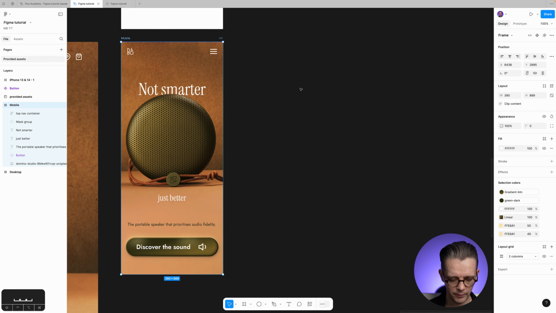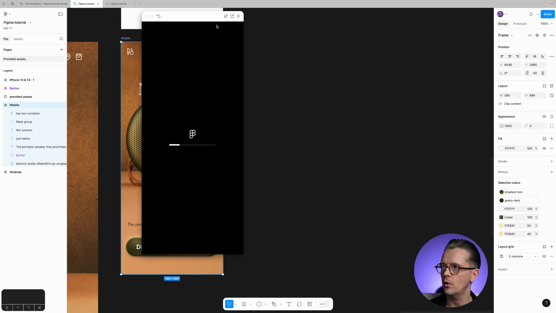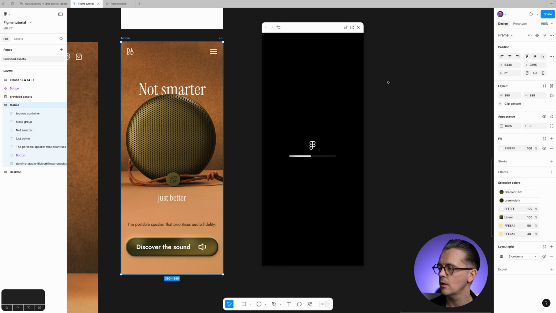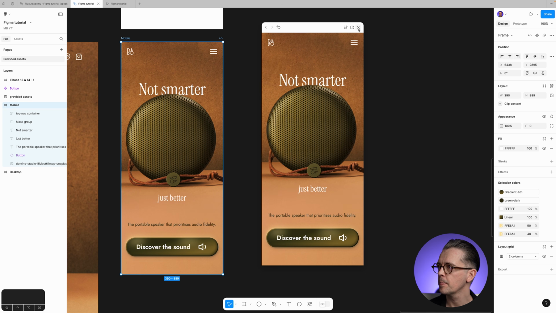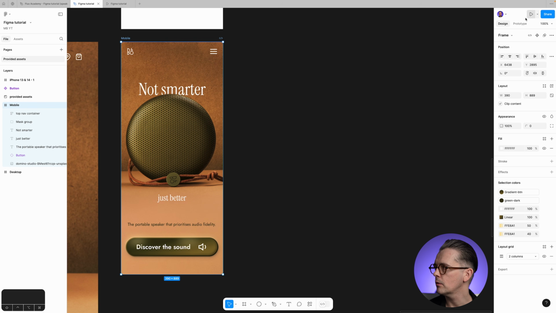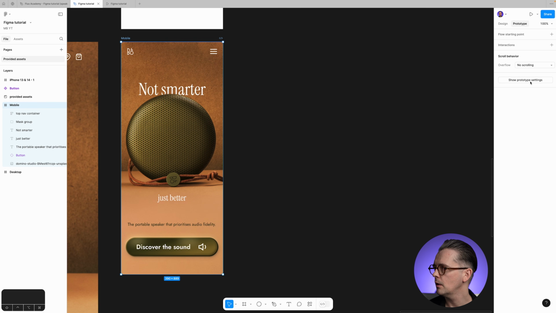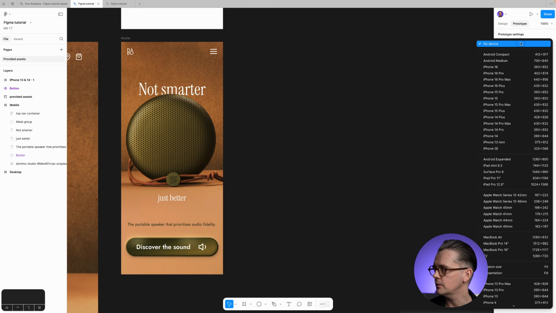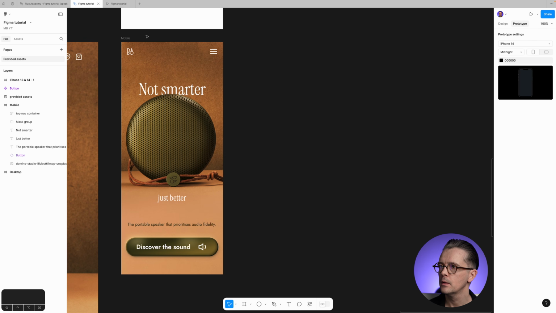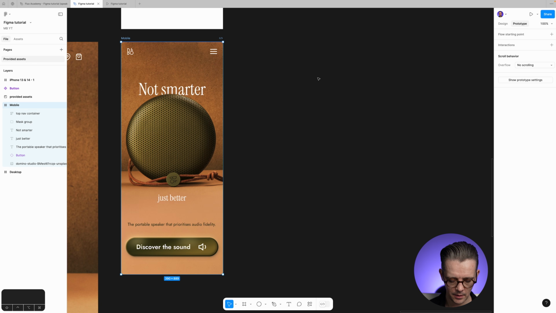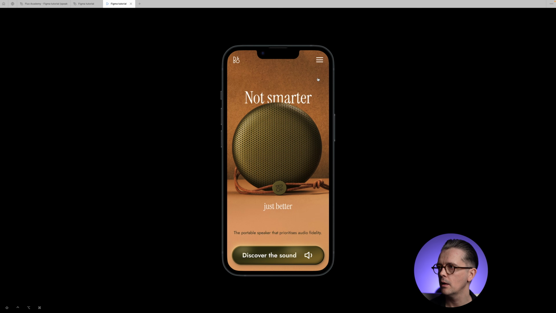And you can actually preview this. You can use shift and spacebar to open this little preview window so it feels like a phone. You can even, with mobile, go into prototype settings and then click show prototype settings and change the device to the one we mentioned, which was the iPhone 14. Click on mobile, then option command enter, and you see this is how it looks actually within a phone type